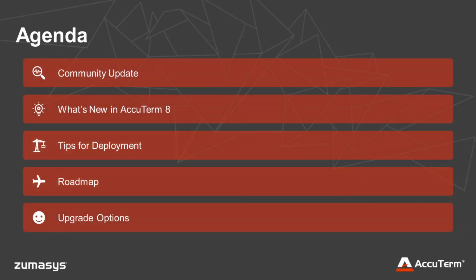With that, I want to first kick off and talk about the agenda and what we have in store for you. We're going to kick off with Paul Giobbe with a community update. We have Pete Schellenbach leading what's new in AccuTerm 8, along with tips for deployment. Like I mentioned, Patrick Payne will talk about AccuTerm IO, or AccuTerm Web as you knew it in the past. Then we'll come back to Pete to talk about the roadmap in AccuTerm 8 and beyond, and then circle back with Paul in closing remarks. So with that, I'd like to turn it over to Paul Giobbe.